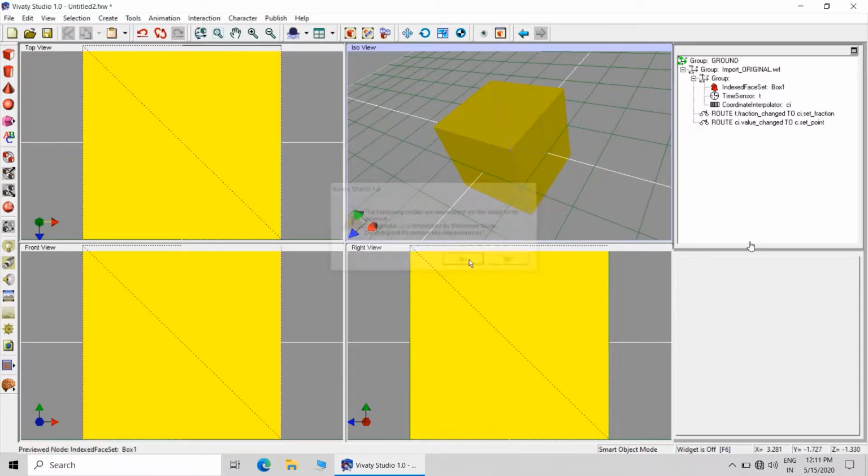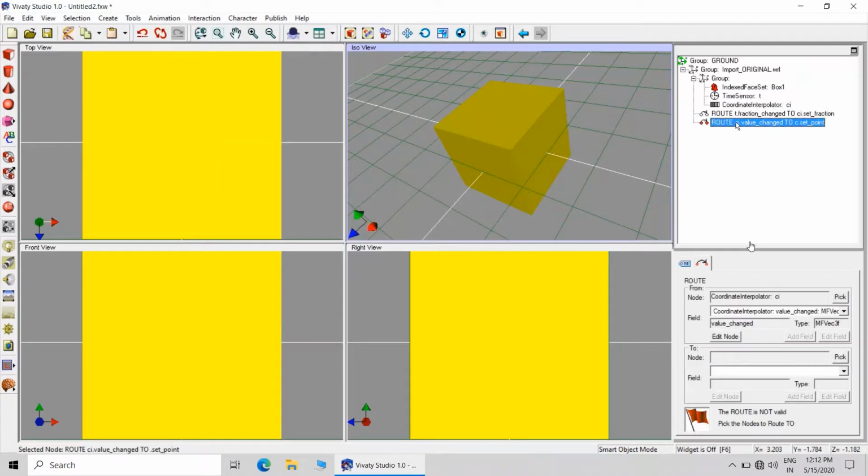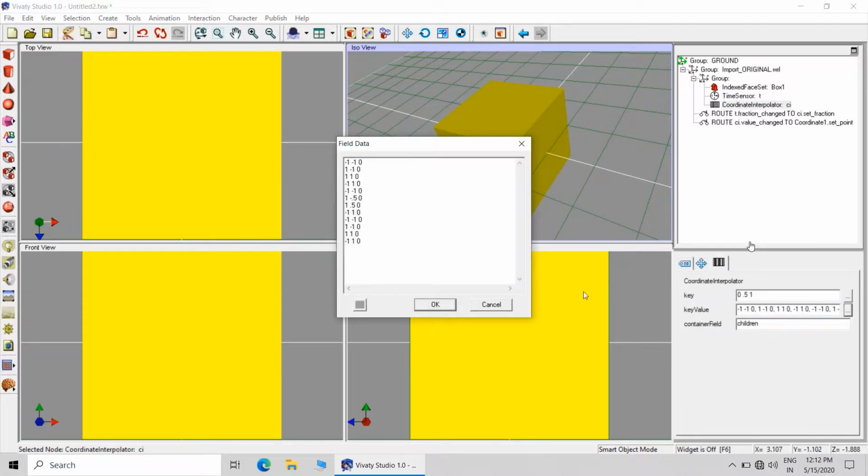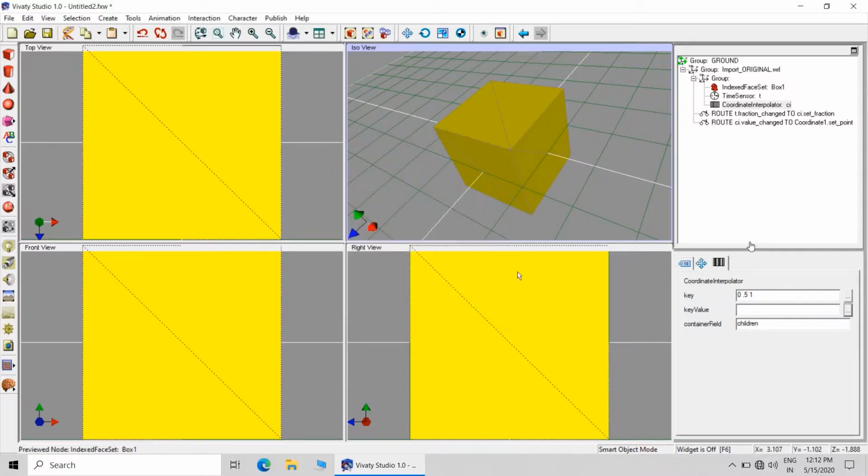So there will be a problem with the root. We have to redefine the root. So it is from color interpolator to the index facet. Now these are the key values for 2D object. We have to replace it with 3D.